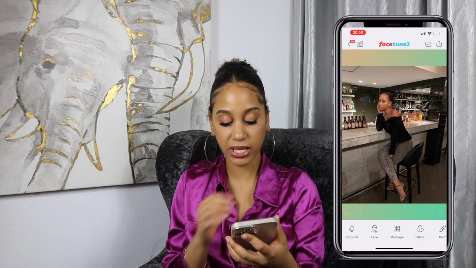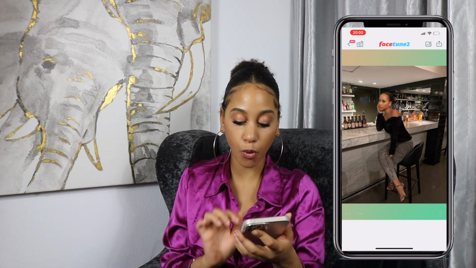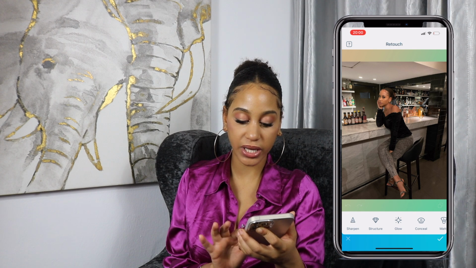So FaceTune 2 is the first app. I pretty much always use this app because it has the easiest interface of all the apps. This is the picture that I'm going to edit. The first thing I always do is go into